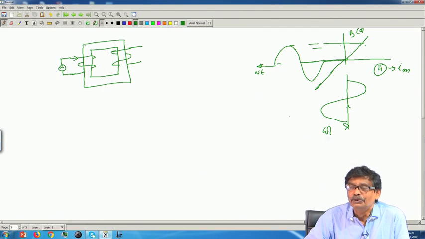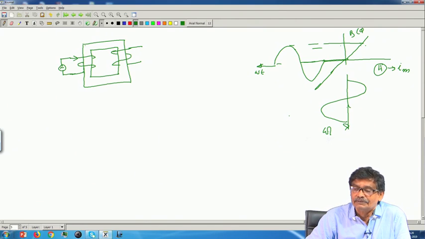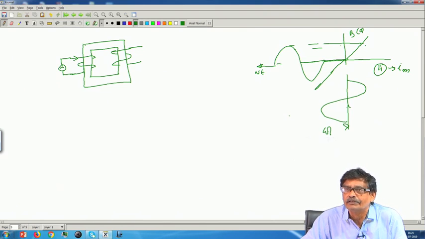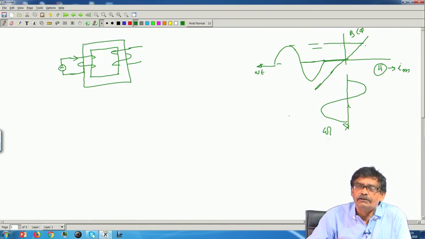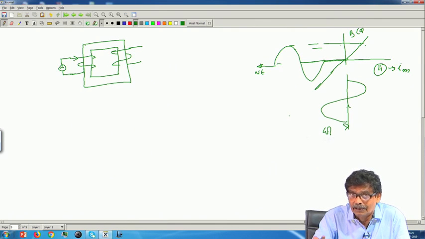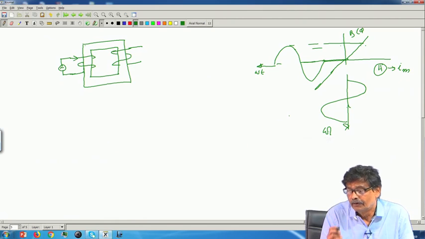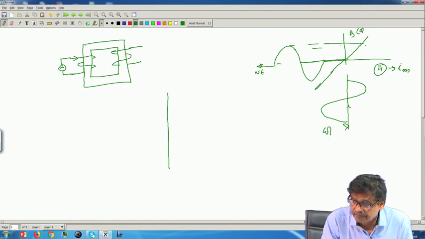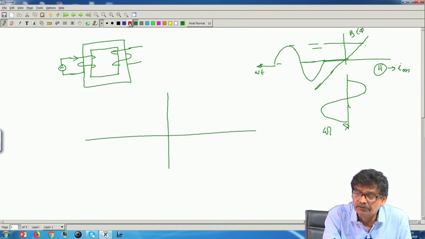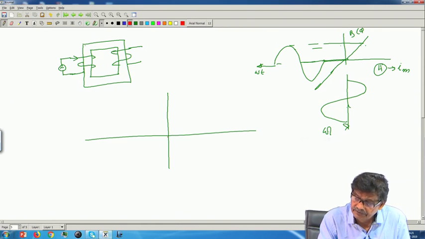But we know that the BH curve of the core of a practical transformer is neither linear nor a single valued function, because of the presence of hysteresis. In our derivation of hysteresis laws I did not discuss that until now. This BH curve is not only nonlinear, it is a double valued function for a particular H. So the BH curve will be something like this.